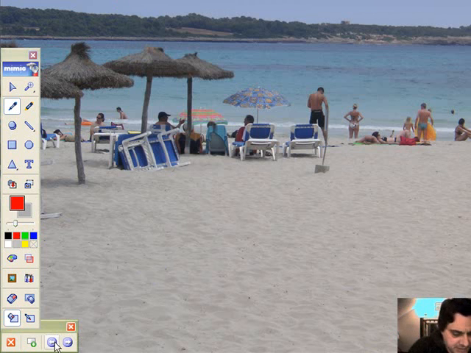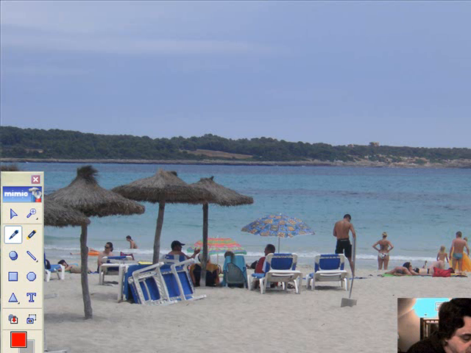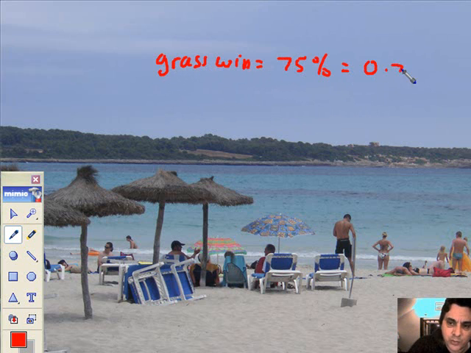Right, next question. I fancy doing question 7, rated at A star. Right, Maria plays tennis better on grass than any other court. On grass, when she plays, she's got a 75% chance of winning. Right, so here we go. So grass, win equals 75%. I don't like that. We're going to call it 0.75 and stick it as a decimal.